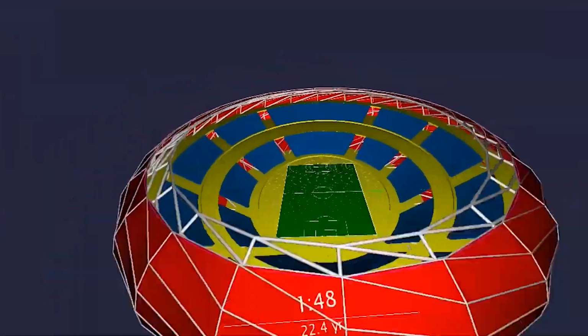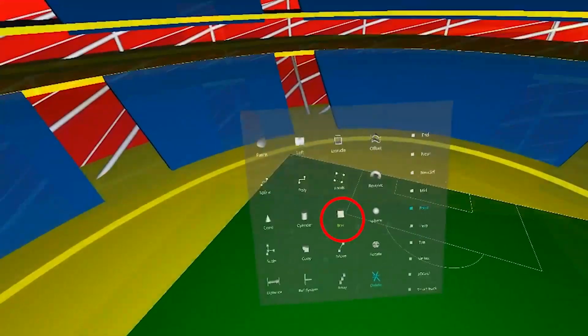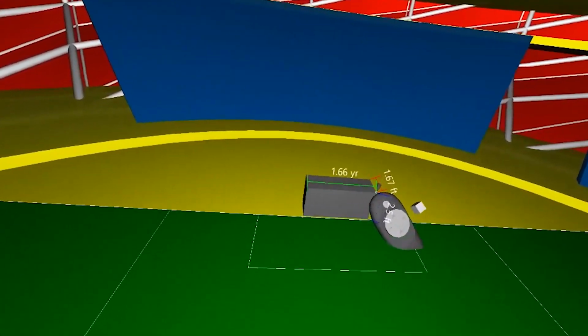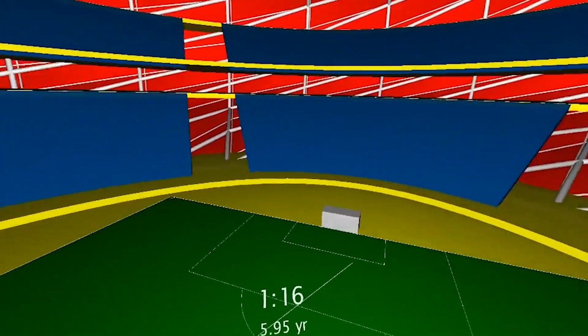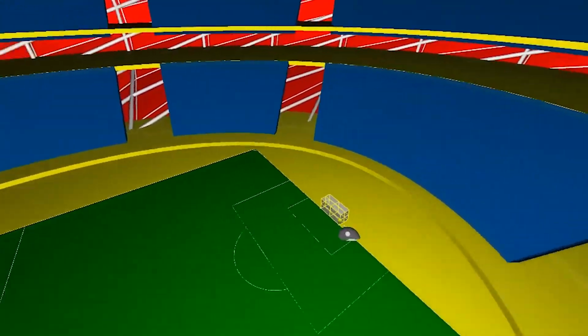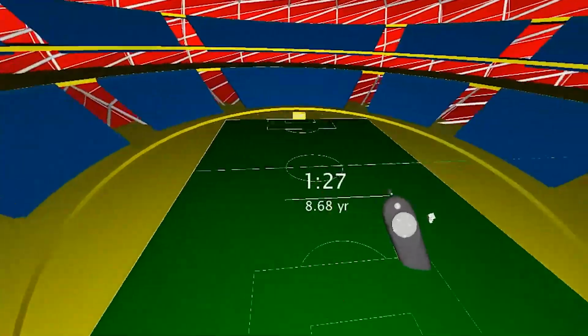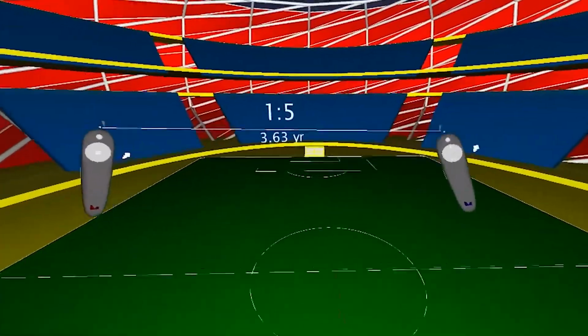Once the model is fully populated, let's go ahead and make a few soccer goals so we can get a sense of the scale. So just go ahead and make one there, copy it over to the other side to really start getting an idea of what size stadium we're working with here. Once I get a sense of the scale, I can immediately get an understanding of what I do want to